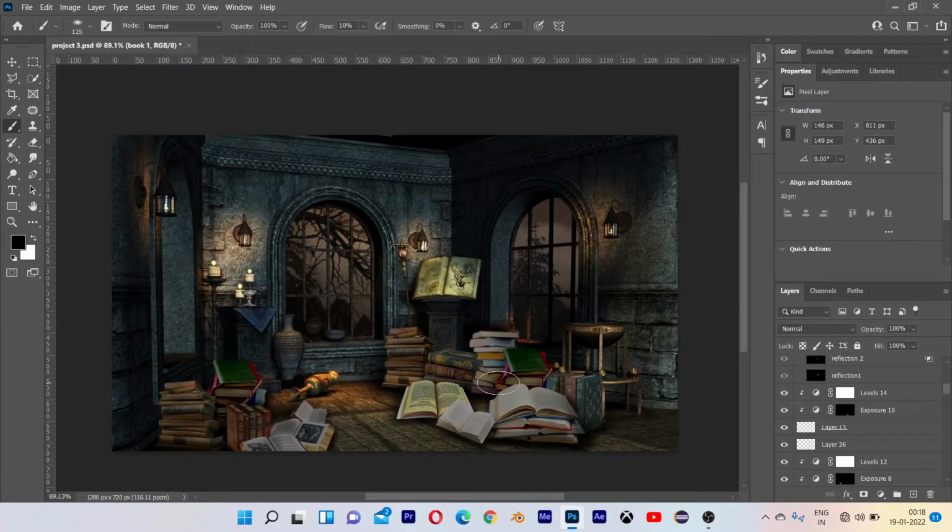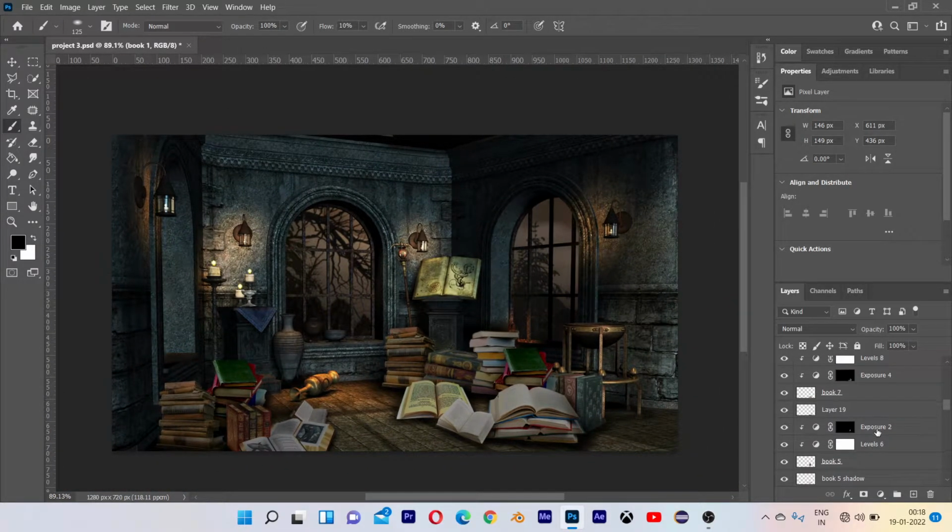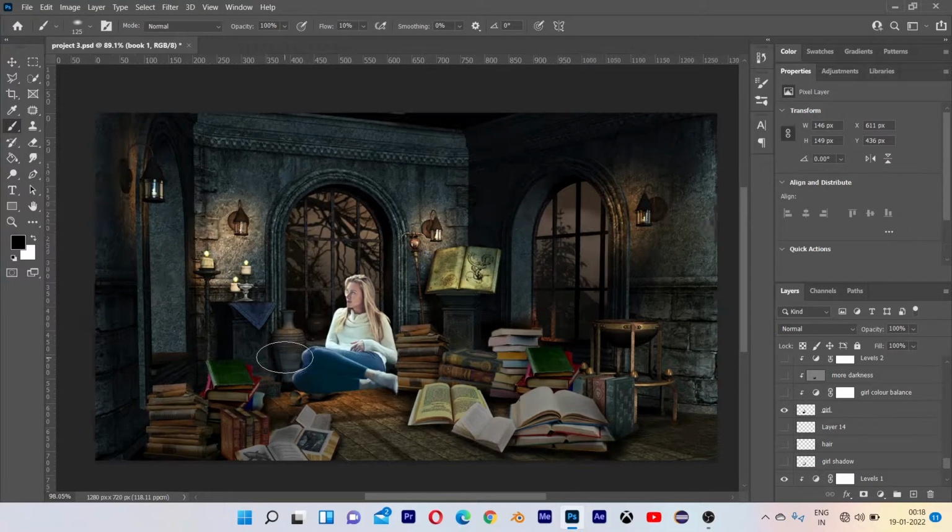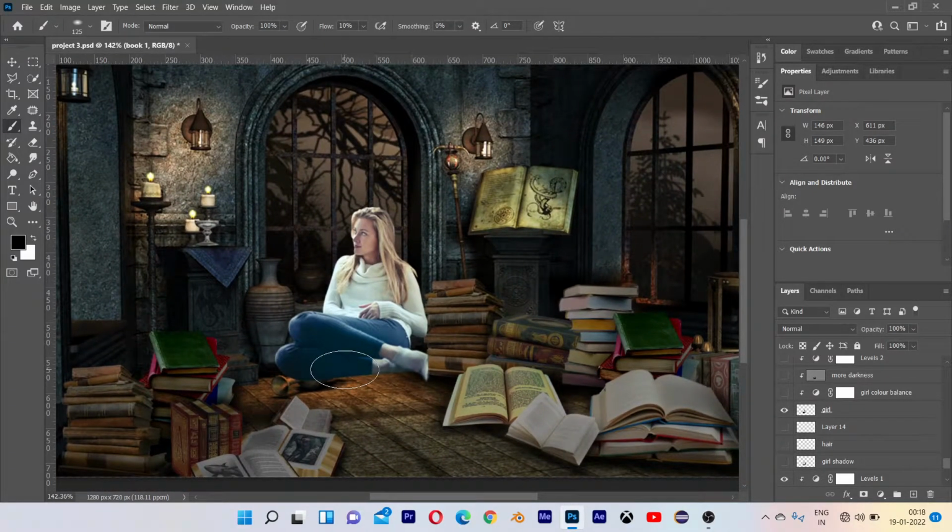All books done. Then we will import our model picture, which is a girl, or you can say a lady. So this is our girl photo and she is also like floating. By the same process we have to give a shadow below the girl. So I have done it below the girl and back of the girl, so that our girl does not look like floating, she looks like she is sitting on the ground. Shadow done,